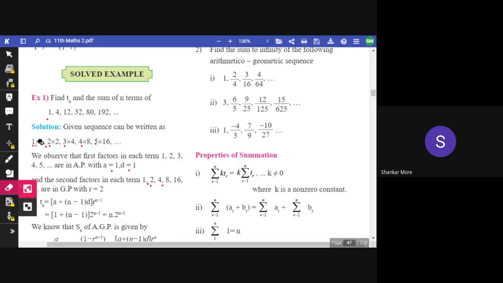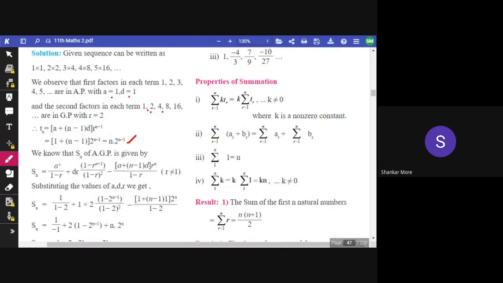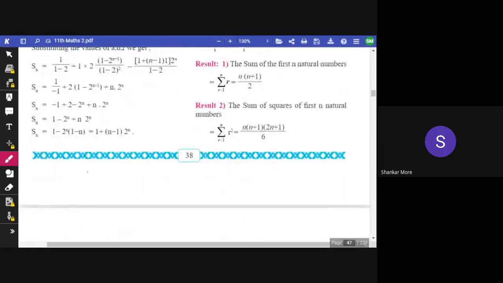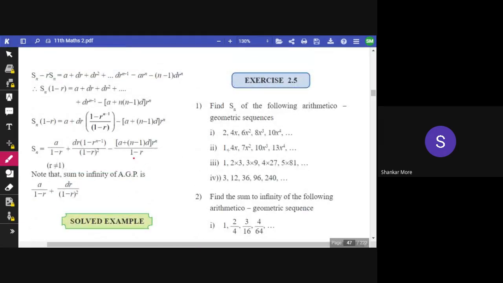देखो हमें क्या करना है, दो फैक्टर मतलब दो पार्ट में हमें दिए गए नंबर को डिवाइड करना है. The first part should be in AP and the second part should be in GP. So we will find D and R also. Once we find A, D and R, just put all the values of these variables and you will find the nth term. This is the formula for summation of n terms. We have the values of A, R, D and n. Put all the values and you will get here. Or they can solve it further also.